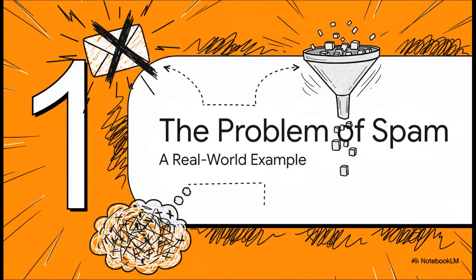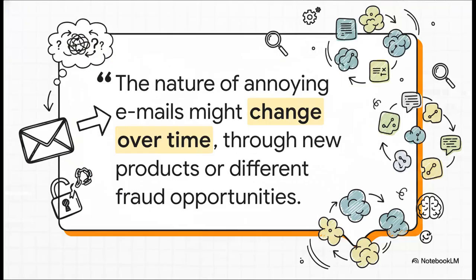So to really get how this all works, let's zoom in on a problem we all know and, let's be honest, we all hate: junk email. Filtering spam is a perfect, and I mean perfect, example of a machine learning task, mainly because the spammers are always changing their tactics. You can't just make a simple rule like block all emails with this one specific word, because the spammers are just going to misspell it or come up with a whole new scam tomorrow. You need a system that can actually learn and adapt to these new patterns as they pop up.